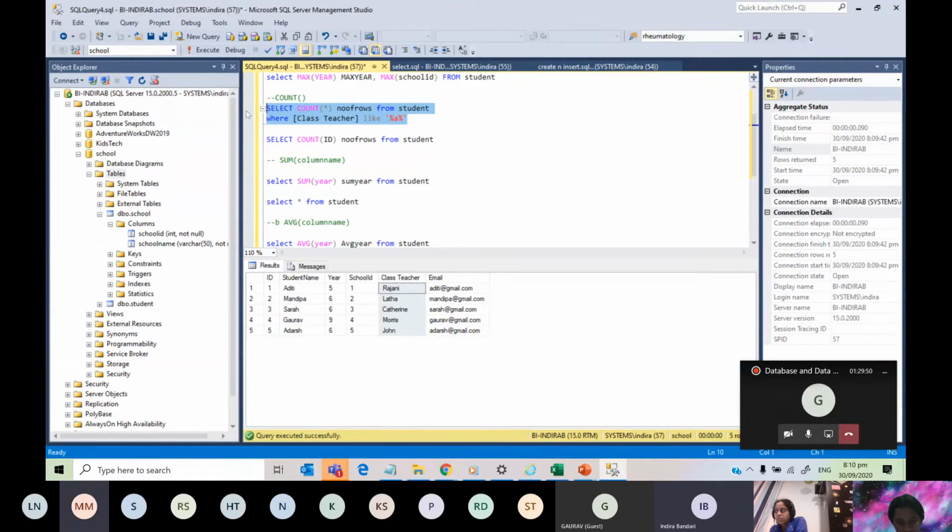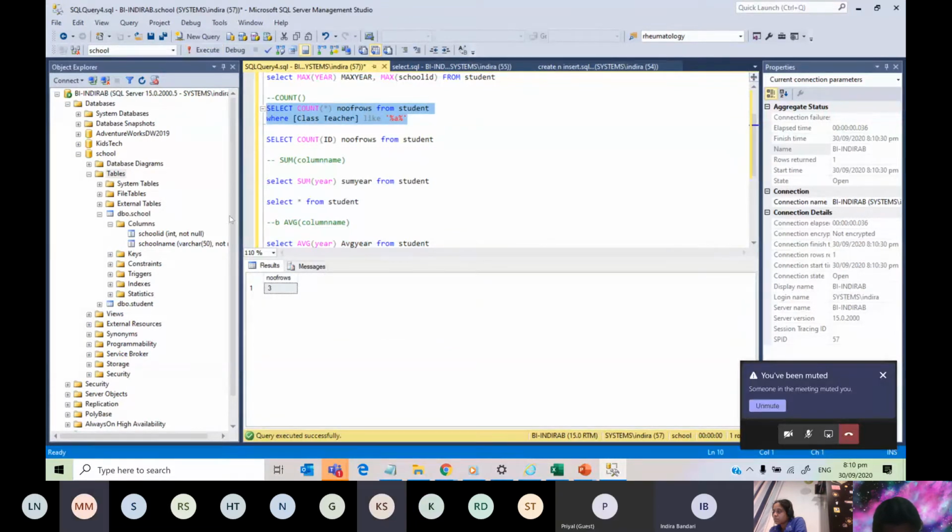Will it give me 5 or less than 5? Less than 5. How much? 3. Yes, 3. Why? Because A is only in three rows and there is no A here. When you run with the condition, you will not get 5 rows, only 3.